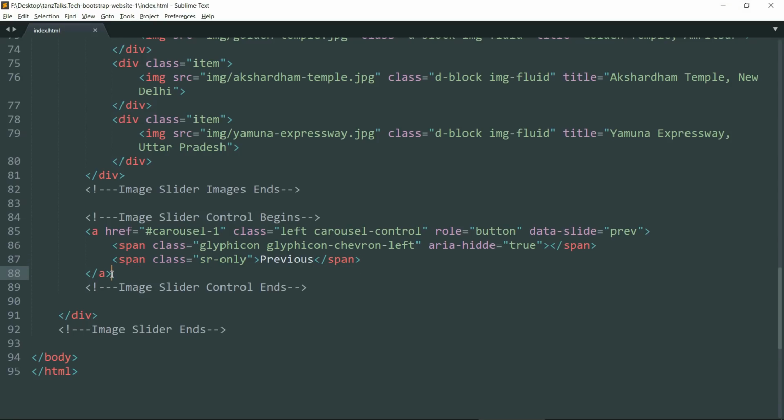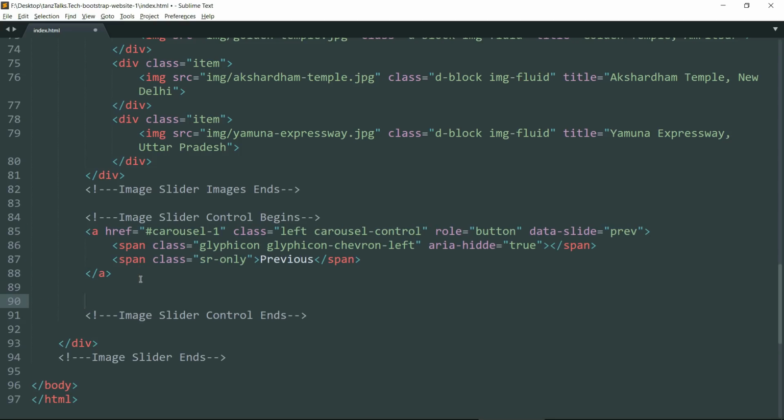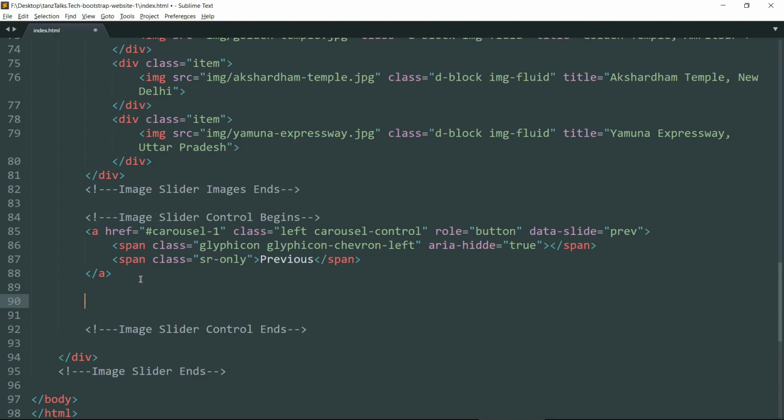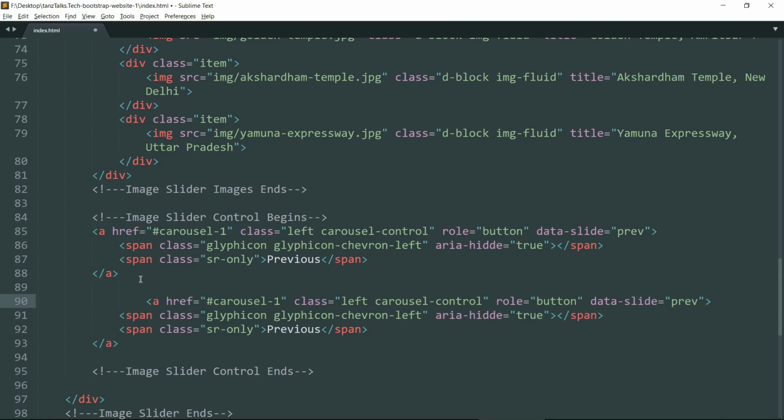Now we need to add the right control. Just copy the entire block for the left control and paste it below. Now we just have to change all the lefts to rights. Right carousel-control, then data-slide to next.